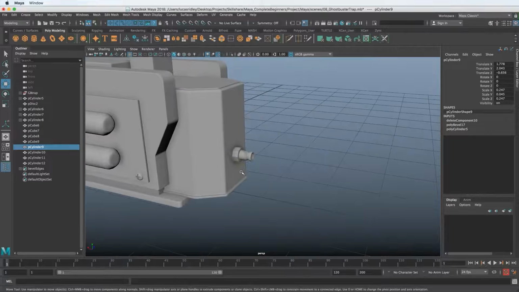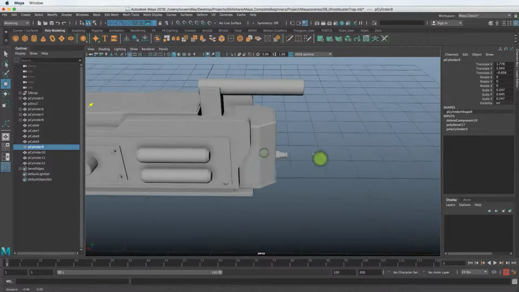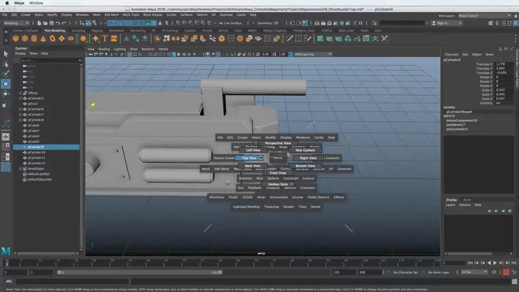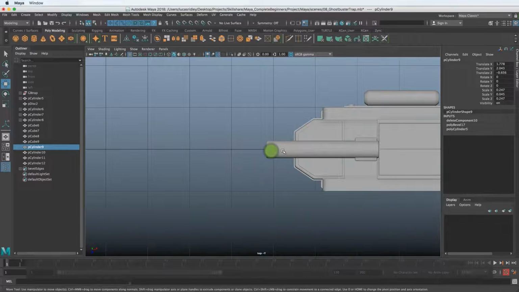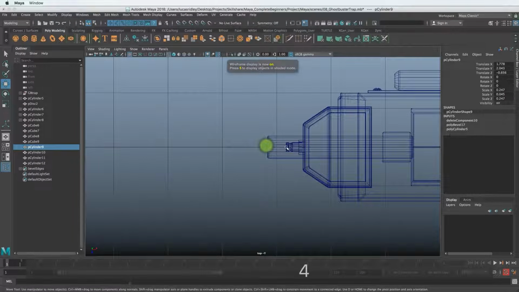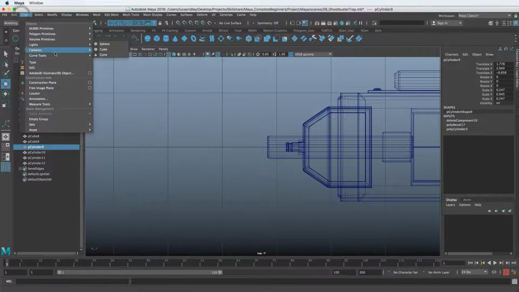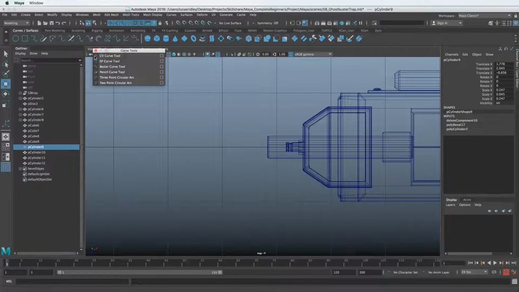Let's first revisit the idea of curves we did in the previous lesson. And that's going to be basically the template for how we're going to extrude a cylinder over this curve. So let's go to a top-down view so we can see kind of where this is going to come out. I'm going to hit 4 to see through this thing, so now I can see where it's going to meet down there. I'm going to go to the Curves and Surfaces tab here. You could also go to Create and go to Curve Tools, and you can get the same tools here. So you can see the similarities there.